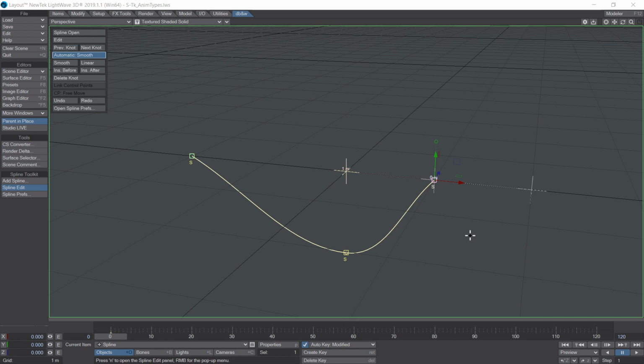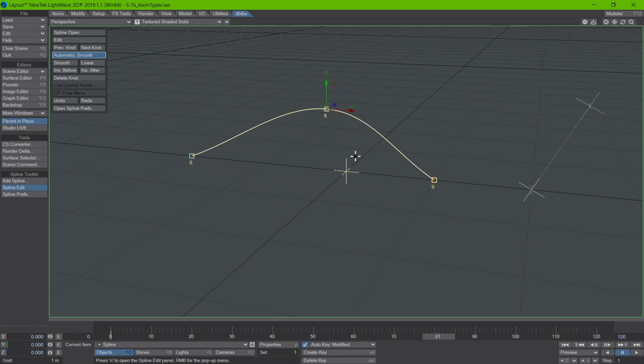I'm assuming that you're familiar with the Spline Edit tool, and I've got a spline here with 3 knots, 1, 2, and 3 over here. They're all set to smooth automatically. And as you can see, one of the new changes here, they all have a little square around them and an S underneath them. The S stands for static, so they're not being animated, and the square designates that as well. And if I move in time and move the point around, you will see that it's not being animated,